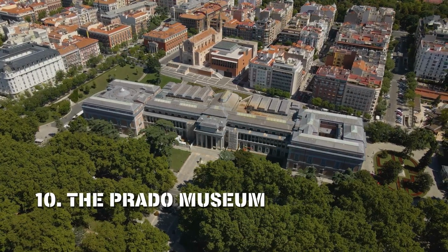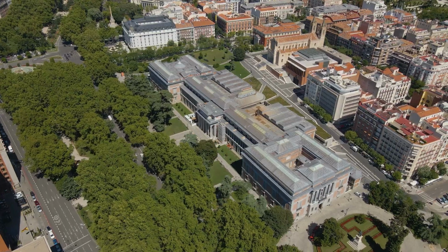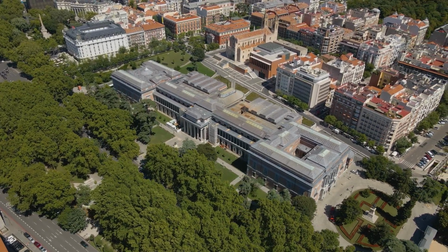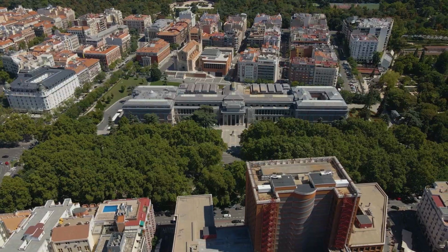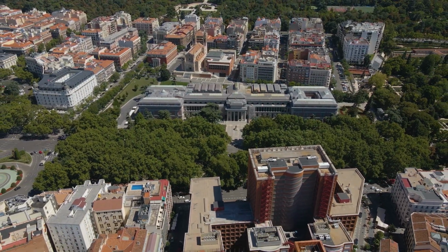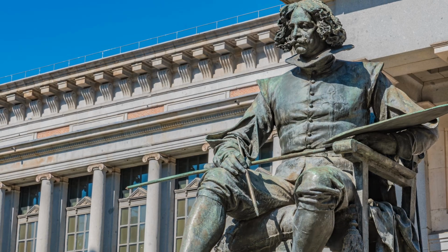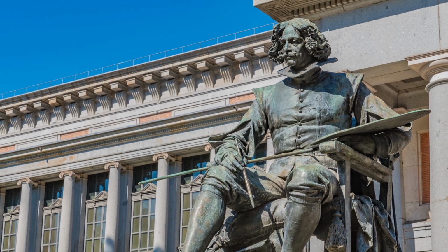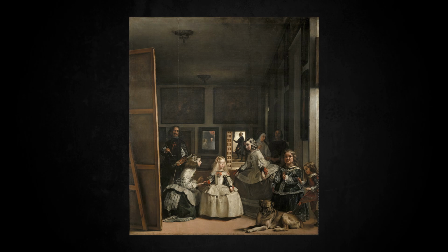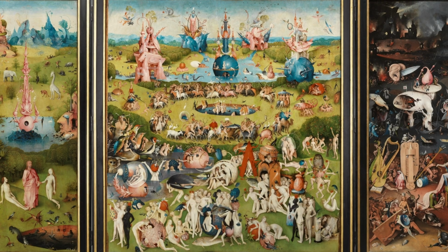Number 10. The Prado Museum. The National Museum of Prado, located in Madrid and part of the Triangle of Arts, is one of the most outstanding in the world and also one of the most visited. Singularly rich in paintings by Spanish masters and various pictorial schools from the rest of Europe between the 15th and the 18th century, its main attraction lies in the wide presence of Velázquez, El Greco, Goya, Titian, Rubens, and Hieronymus Bosch,